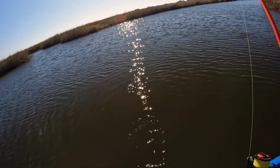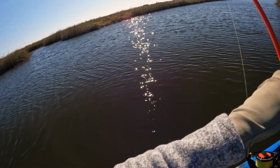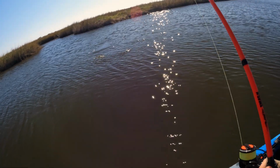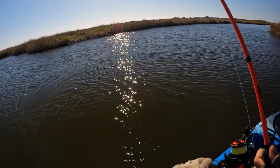I don't think this is a redfish. I think this is a massive black drum, but I could be wrong. If this is a redfish, it is a trophy-sized redfish. This is like a once-in-a-lifetime redfish, if this is a redfish. And on absolute tiny, tiny tackle. I mean,